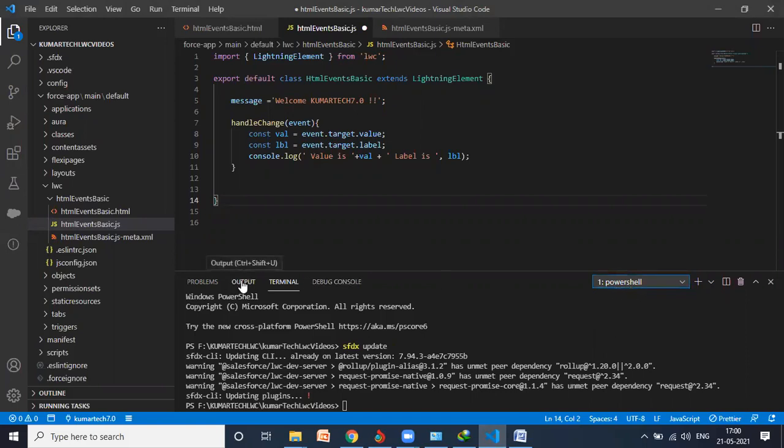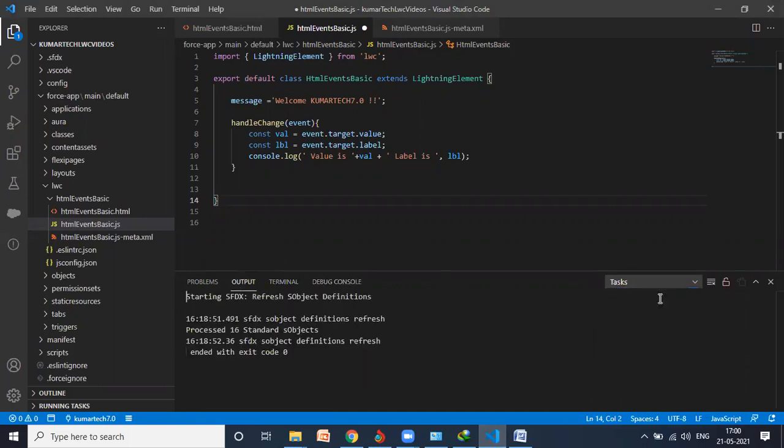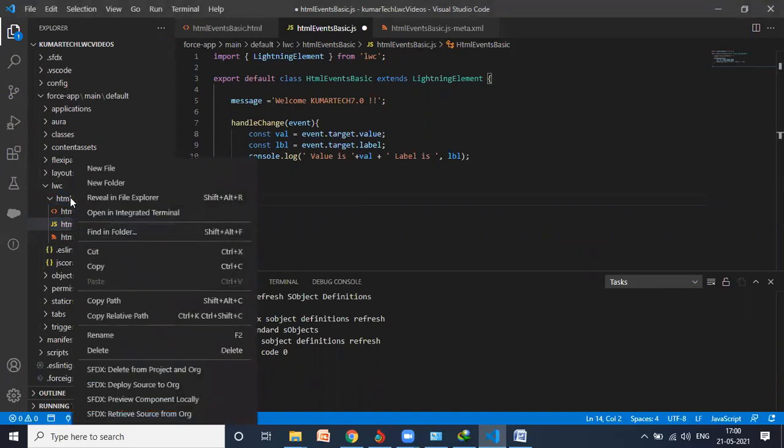You can click on the output and check that as well. Whatever commands we just typed, everything will be shown here as well. Now you can see the option, guys, Deploy to Source Org. Previously this option was not coming. In fact, all four options were not coming.